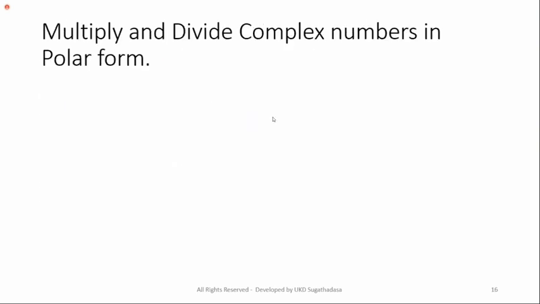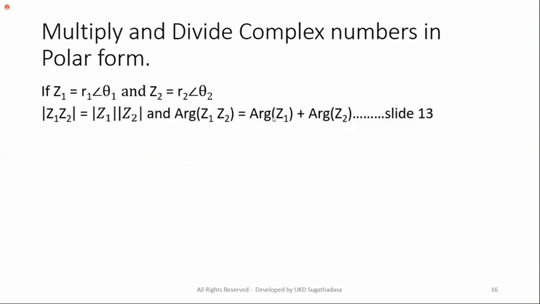Now finally, I have given two formulas to remember. Now see the two complex numbers at the top. Z1 equal R1 cos theta 1 plus j sin theta 1. A short form is given. Z2 equal R2 cos theta 2 plus j sin theta 2. Short form R2 theta 2, right? Now if you want to get the modular value of the product Z1 Z2 without multiplying the complex numbers, you can do it using this formula. Now I think you'll be able to understand what I am telling, right?